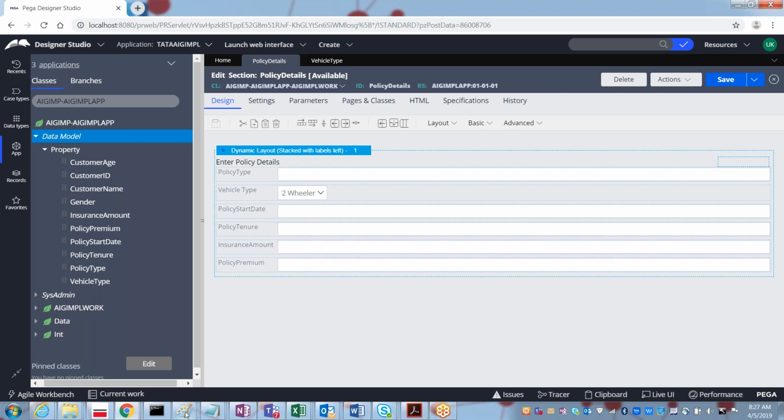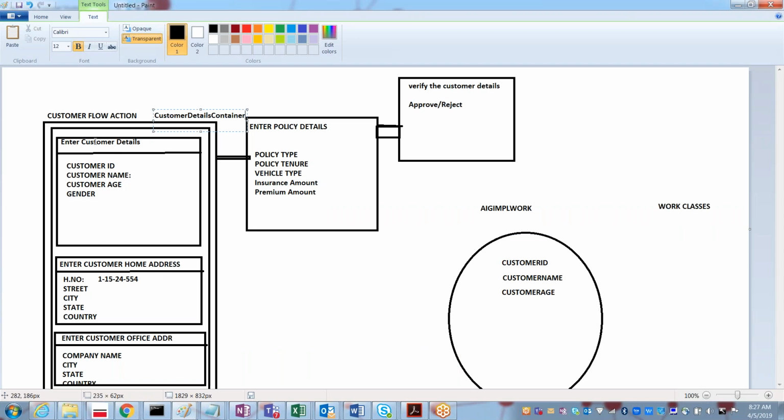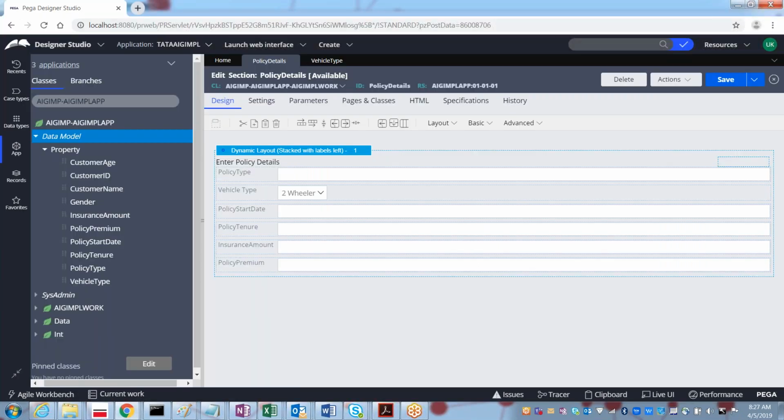Earlier, first we created enter customer details, then customer house address, and then customer office address. We created these 3 sections and later we created a container section as well, customer details container. And this container section we placed into the flow action, right? So now also, do we need to have the container section for this?